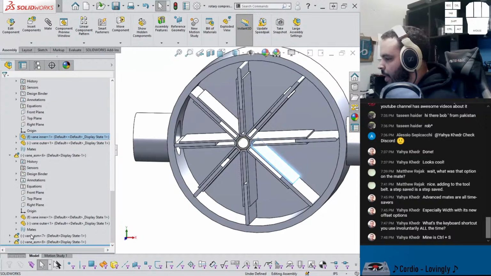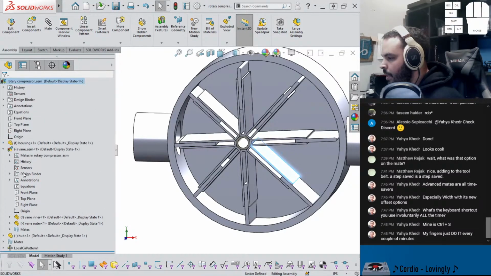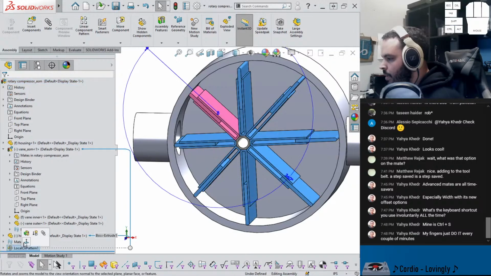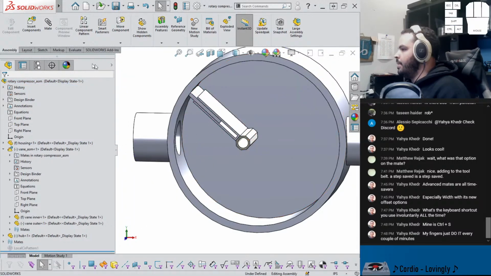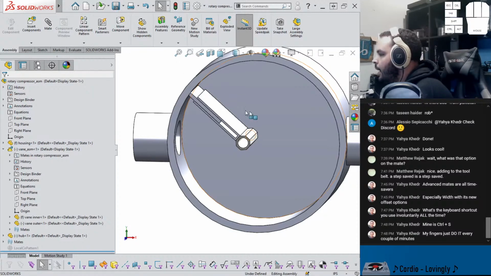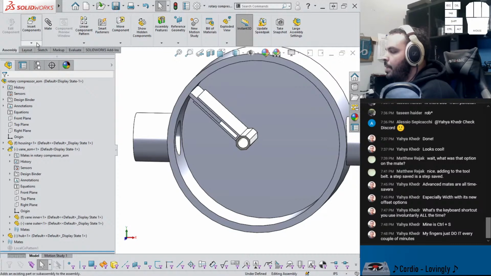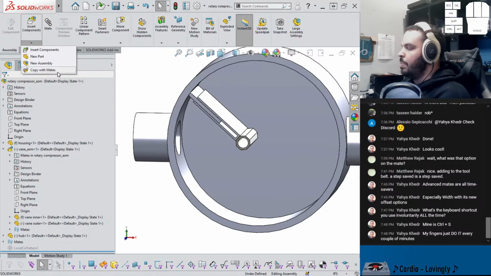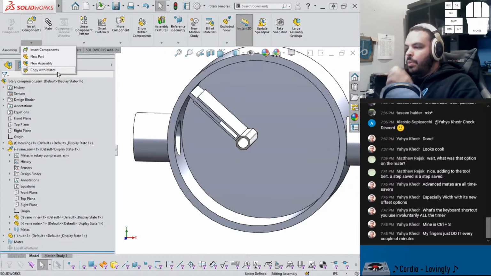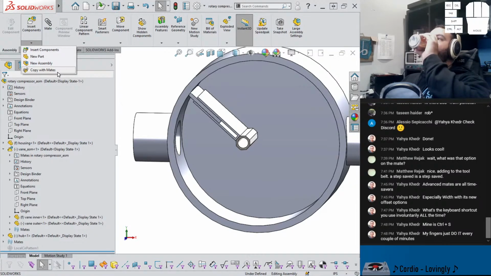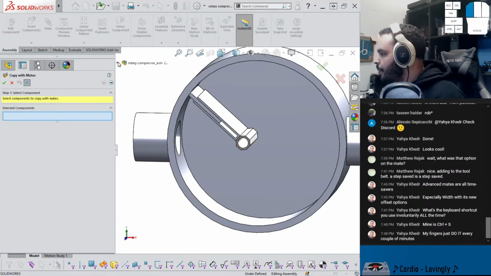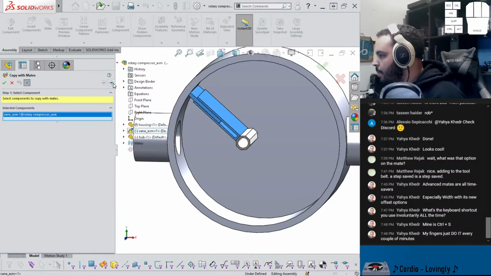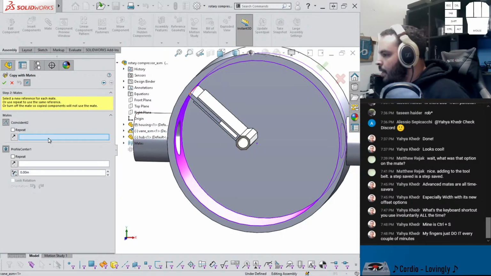I want to try a different way. Let me suppress. I want to show you guys something new, and it might help with the addition of new components. It might be easier. Well, let's see. If I go to insert components and say copy with mates, I wonder if anyone's used it in the chat. Copy with mates. I can say the vane assembly, click next. So the coincident, so